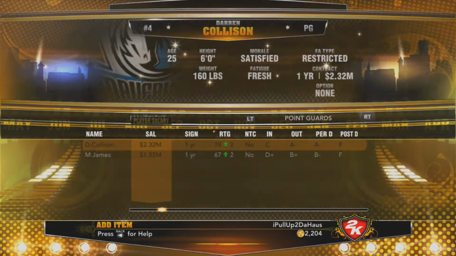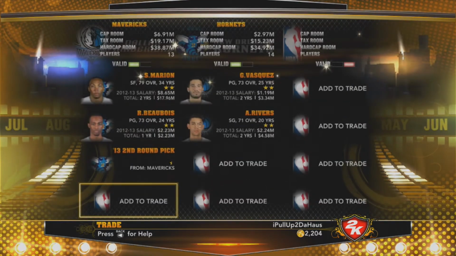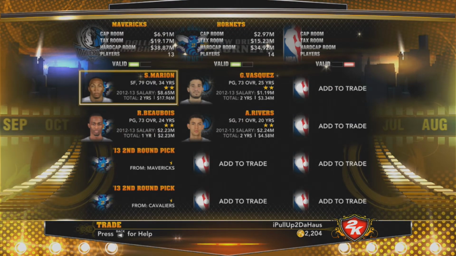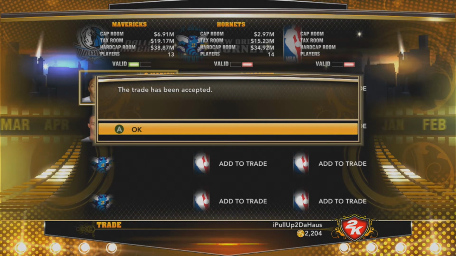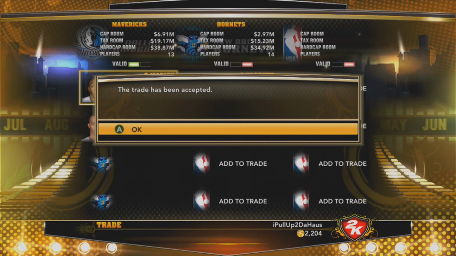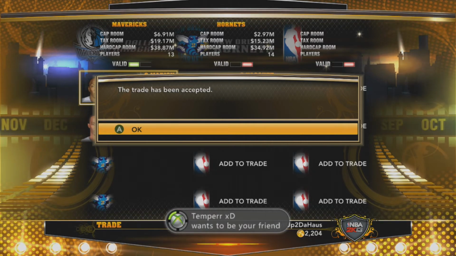So I'm offering Sean Marion up. I don't want to get rid of Beaubois because he's actually pretty decent, but I wouldn't mind getting rid of him. As you see, the trade went through. He's not necessarily worth all the hoopla he received early on in his career. So I just flipped a big contract in Sean Marion and kind of an overrated player in Roddy Beaubois